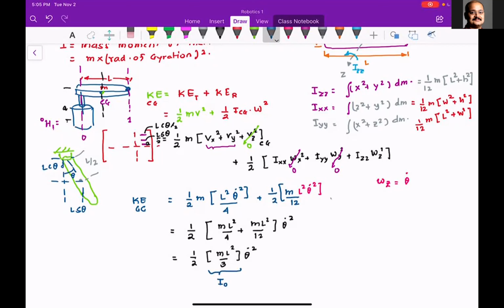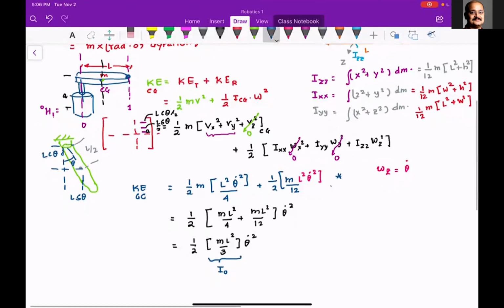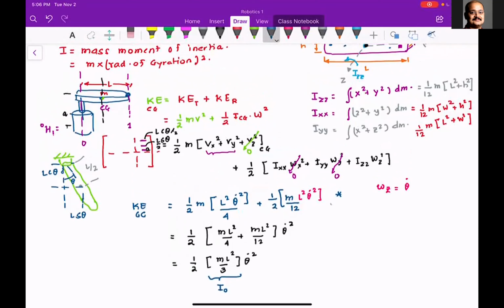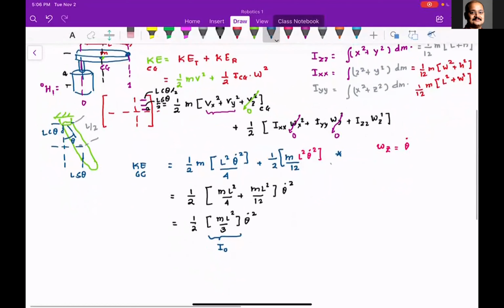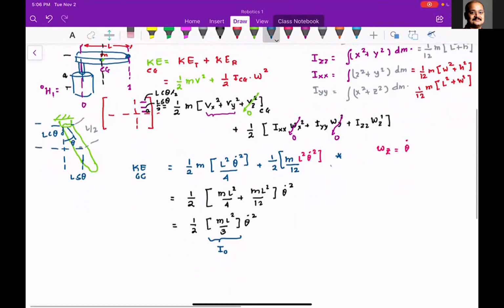If you have solved this problem in statics or dynamics or in any other class, usually what they do is skip to this step and go directly over here. Any questions here? But I want you to stick to this. Stick to the basics and you will not go wrong. Okay. Since we have found the kinetic energy, let's find the potential energy. Potential energy is simple. Potential energy is this distance.